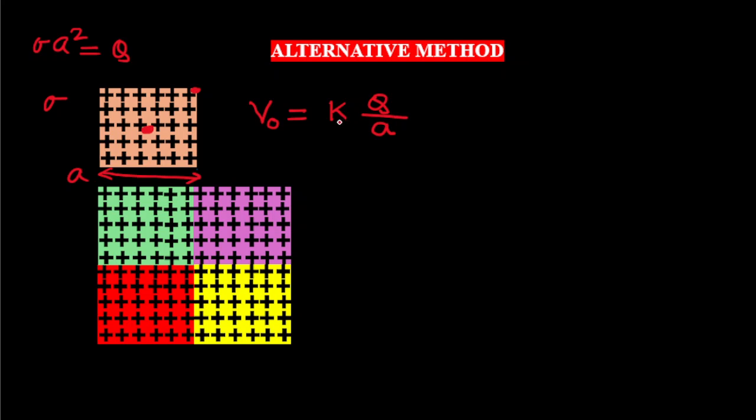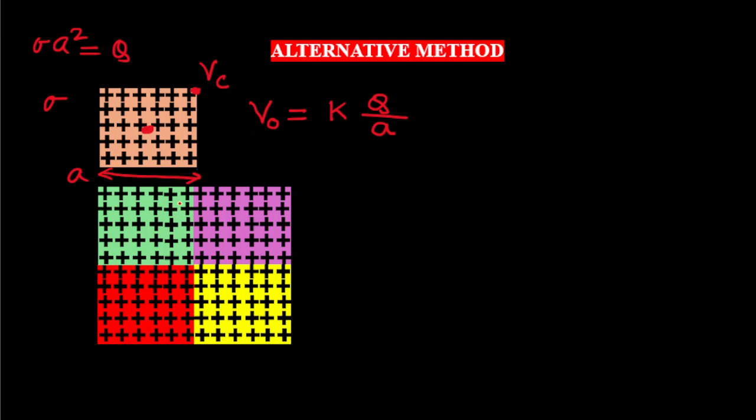And this constant will take care of the shape of the plate. If it is a cube, or a square, or a spherical shape, then this K will be different. And if we consider the potential at the corner is Vc,